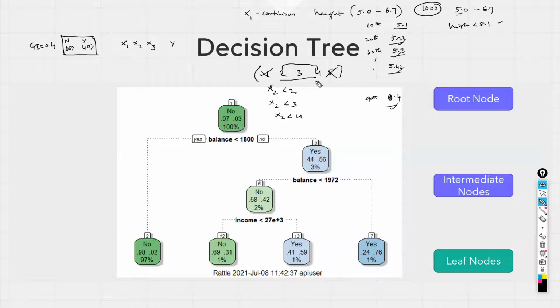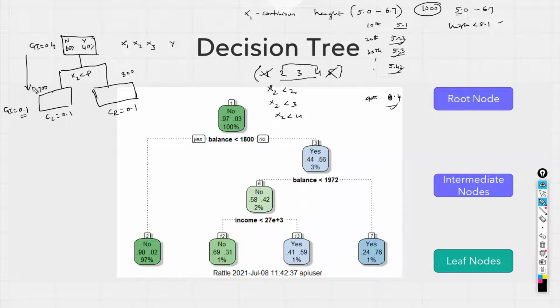Fine. Now let's redo this. So we have to split this. So we need to choose this split criteria. What is the split criteria for this one? Let's say we choose x2 less than p, and it gave us some 700 observations here, 300 observations here, and at this weighted average of the Gini index, say this left hand side has a Gini of 0.1, right hand side has a Gini of again 0.1, then the Gini index at this level is also 0.1. So it is definitely a good decrease.